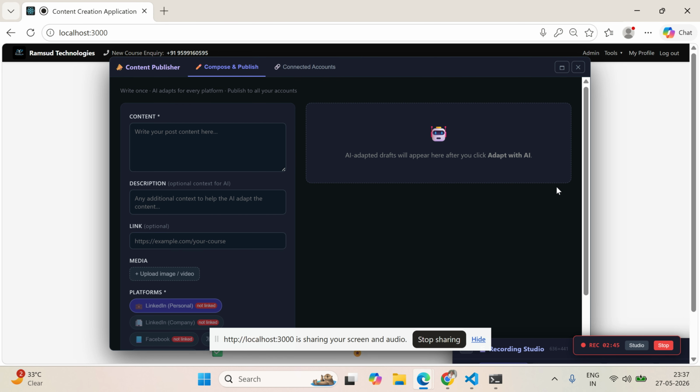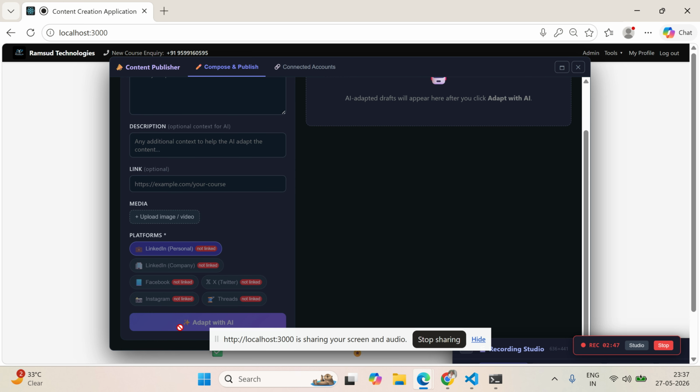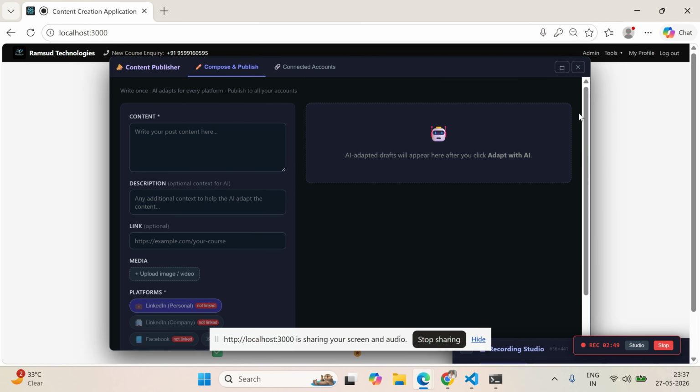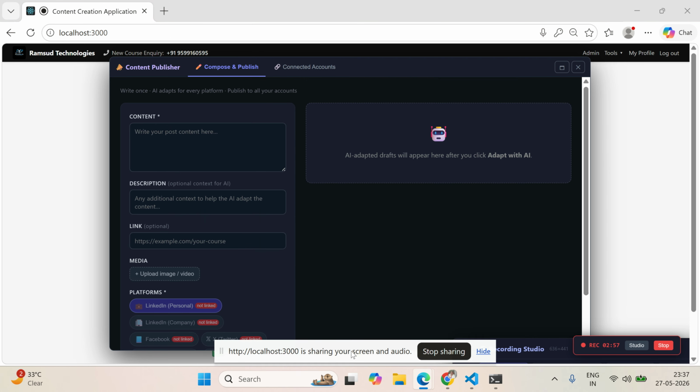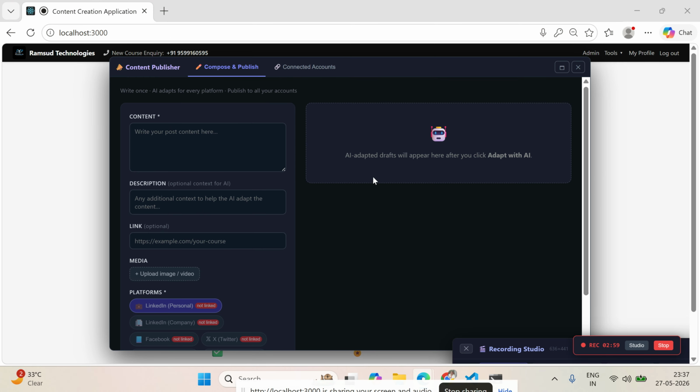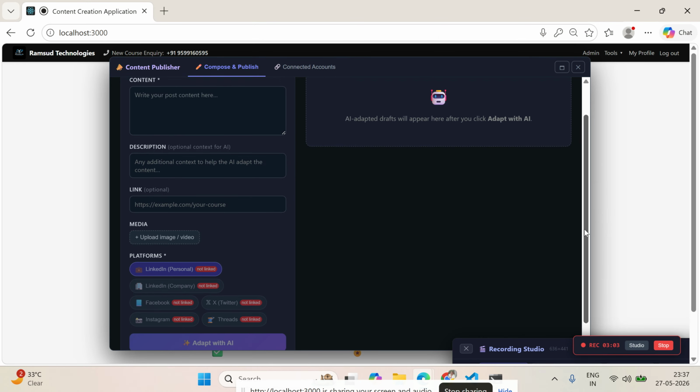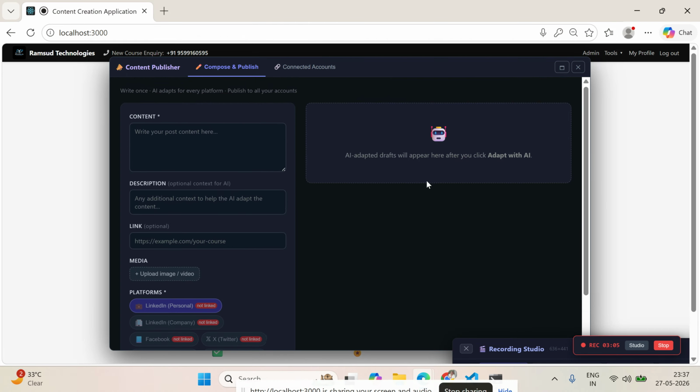Automatically, when you click on this, it will adapt the content with AI for different platforms. For example, on Threads you cannot have very long content, so there is a limitation. Based on the platform, it will rewrite your content and give you the option to modify it.